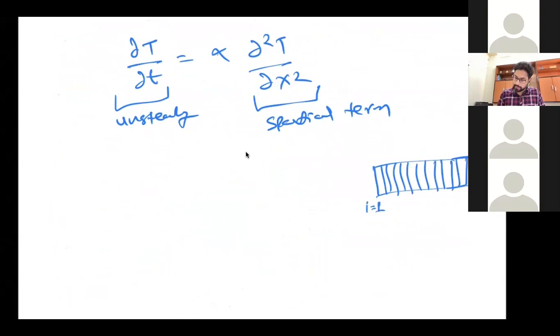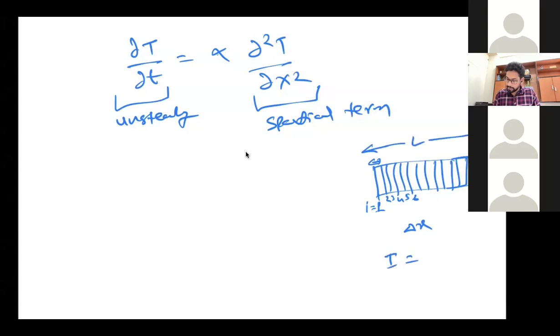So this one is i equal to 1. The last one is i equal to capital I. And this one is 2, 3, 4, 5, 6, etc. And the thickness of each element is delta x. So if the total length is L,